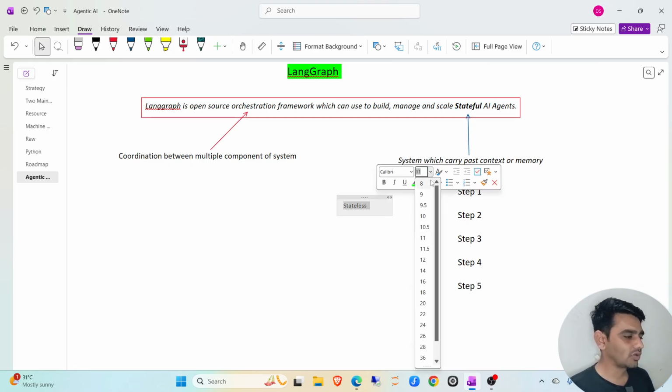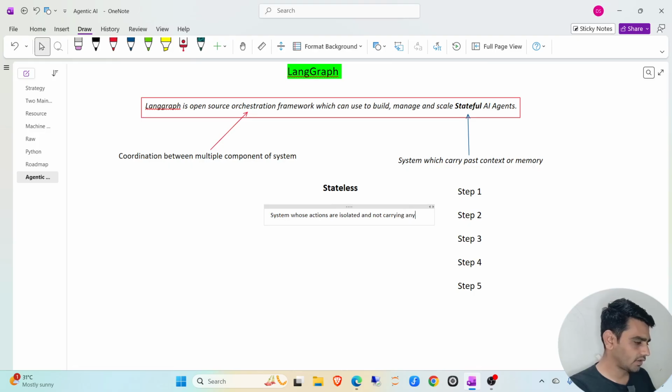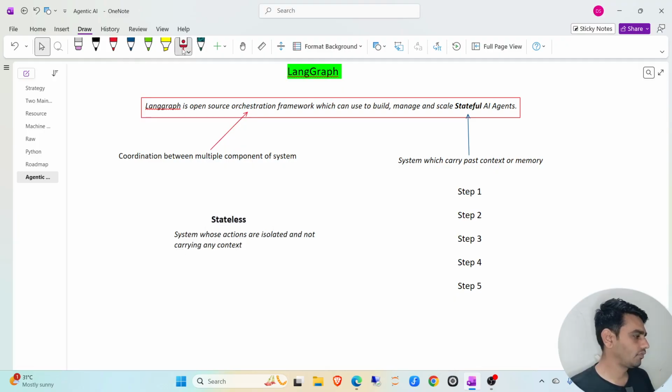I hope you understand what stateless is now, because we know stateful, so it's easy to understand. Stateless means a system whose actions are isolated and not connected and not carrying any context. Simple. This is the definition we can use for stateless. Okay, so I will add it here. This is the simple one-line definition, but in this definition, we understand two most important concepts: one is orchestration and another is, let me highlight this also,